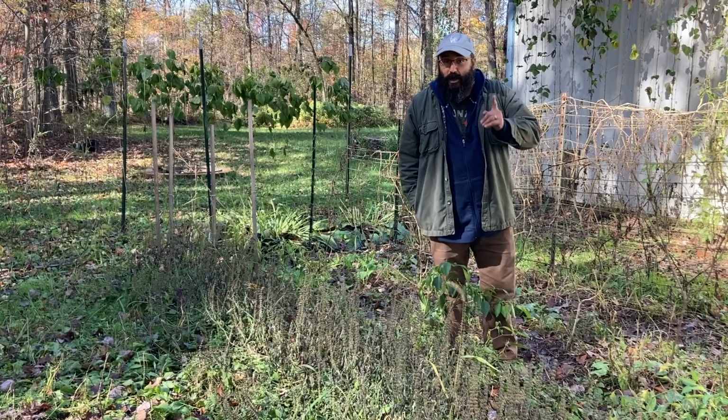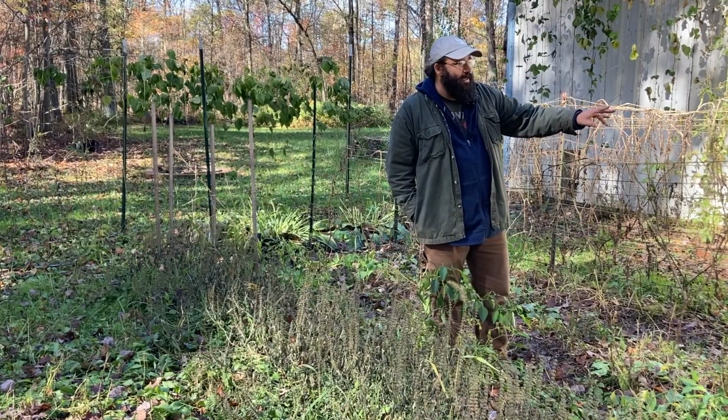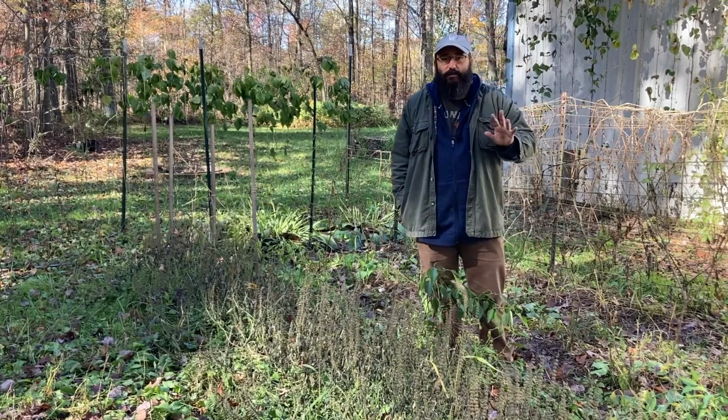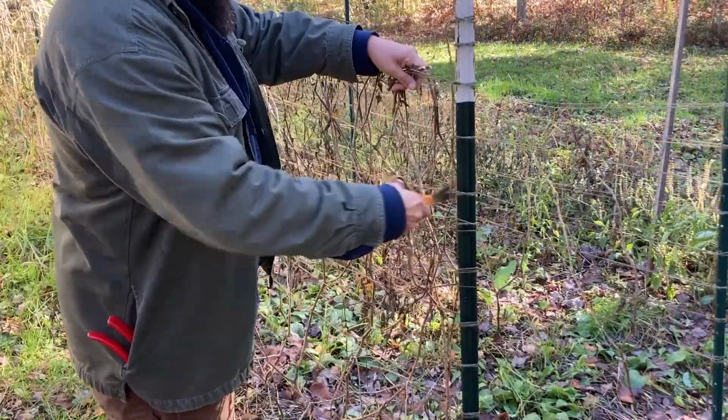We're going to want to clean up our garden beds and get them ready for winter first. So if you've got any garden structures, like you can see my tomato trellises, or bean poles, that sort of thing, we're going to want to disassemble these, take them apart, and get them cleaned up. So we're just going to cut these strings, pull out these T-posts, and cut and remove